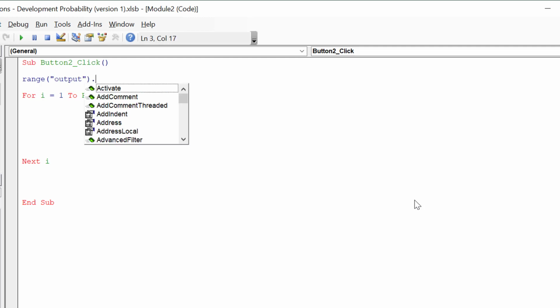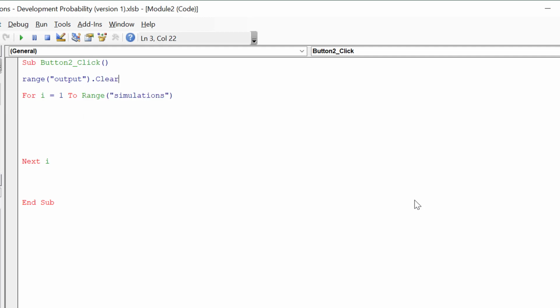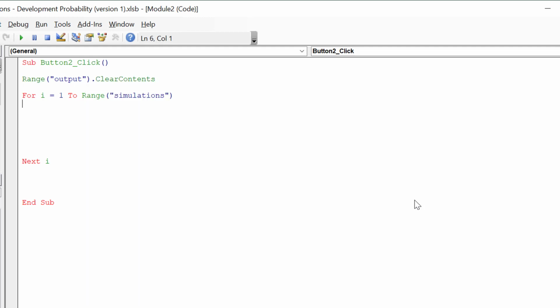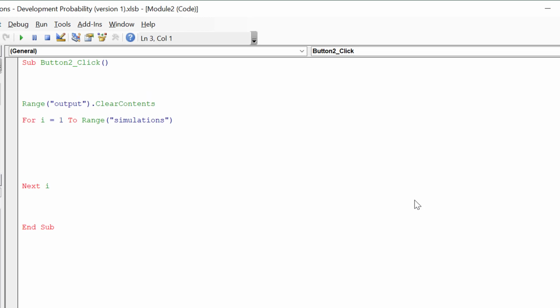How about let's put clear? What happens if we put clear? We'll just put clear. It'll clear everything. Or actually, if we end up formatting it, it might be better to put clear contents. Okay, and then now what we can probably do something... I was going to set it to manual. If you want to set something to manual, what you should really do is put current